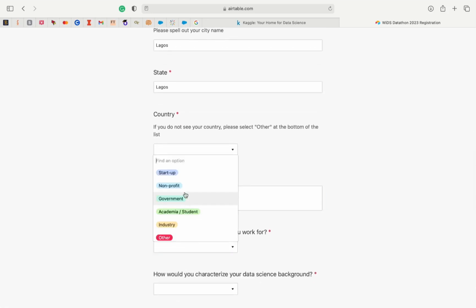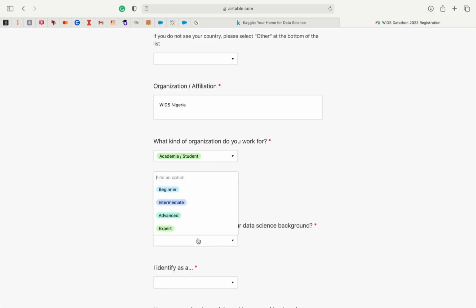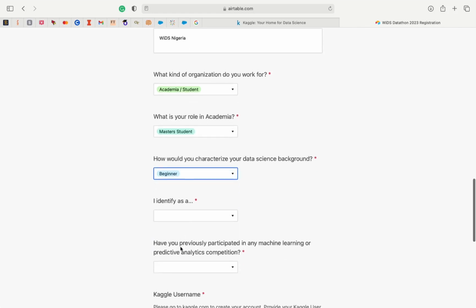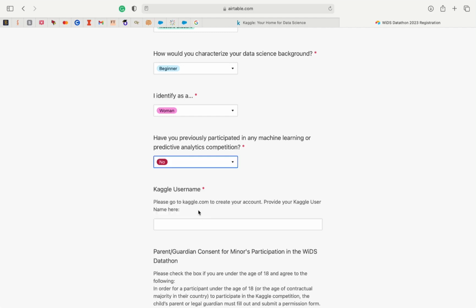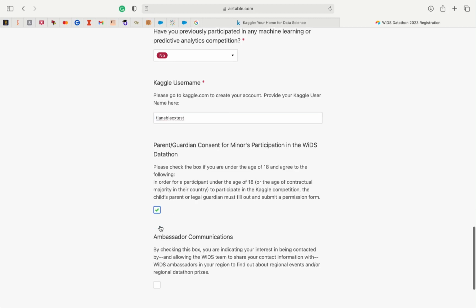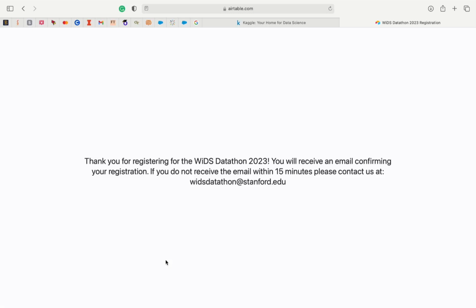Then you put in the industry. I selected academia here, so you go more in details if that applies to you. You go with that process. Then you put in your proficiency level and fill out the details here. And the Kaggle username we put earlier, you put it in here so that it's linked together. And you submit. If you want to receive this response, click and submit, and then you receive that registration email